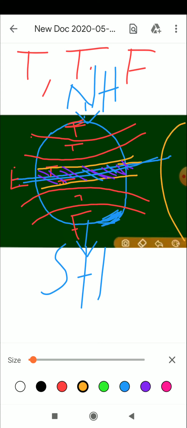Suppose here is the earth. The sun's rays in this area are direct rays, so it remains hot throughout the year. Humidity is also high throughout the year because of the many water bodies and dense forests found here. Different types of water bodies are available, and the Amazon River is also located in this region.